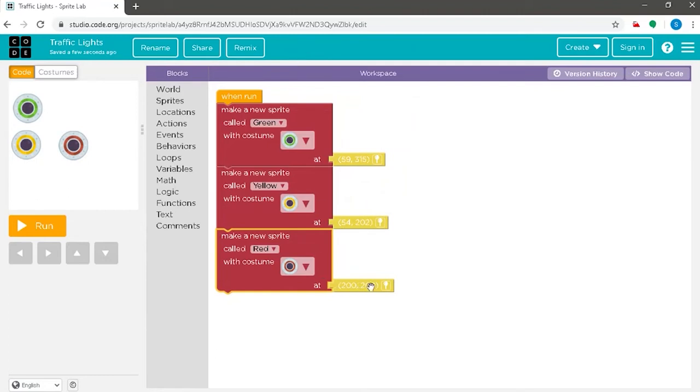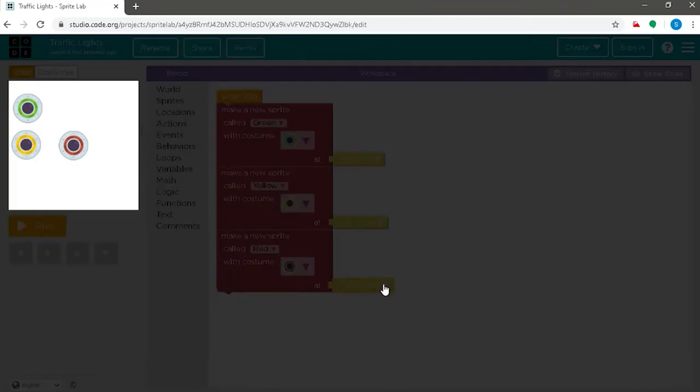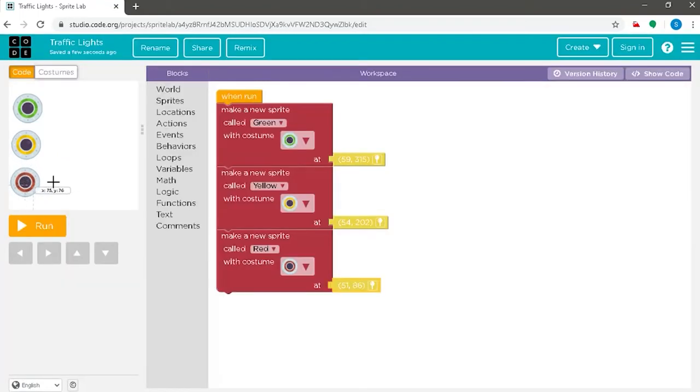And now we will be again aligning it with the green and the yellow lights by changing its coordinates and placing the cursor and getting it right below yellow. And aligning them properly. As you can see, our red, yellow and green lights are now created.